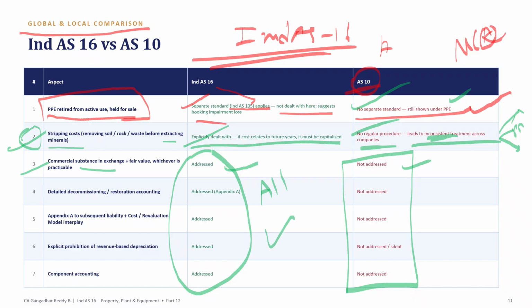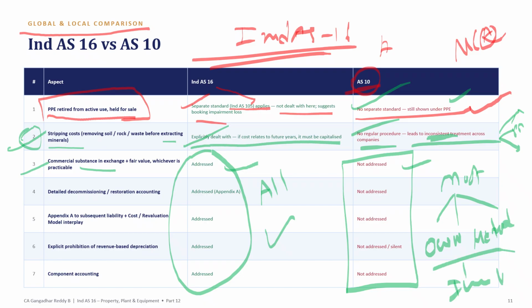If it does not tell that, most of the companies will follow their own method. If they follow their own principles, then inconsistency will come for the financial statement users. That is why Ind AS 16 will give more consistency than AS 10, because